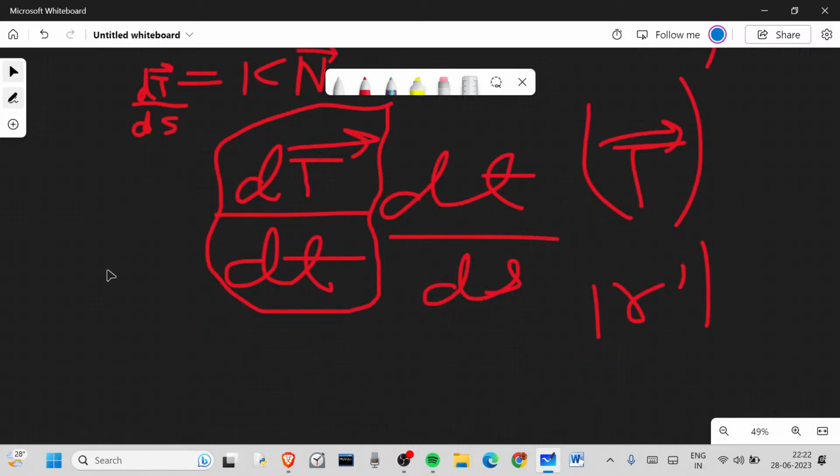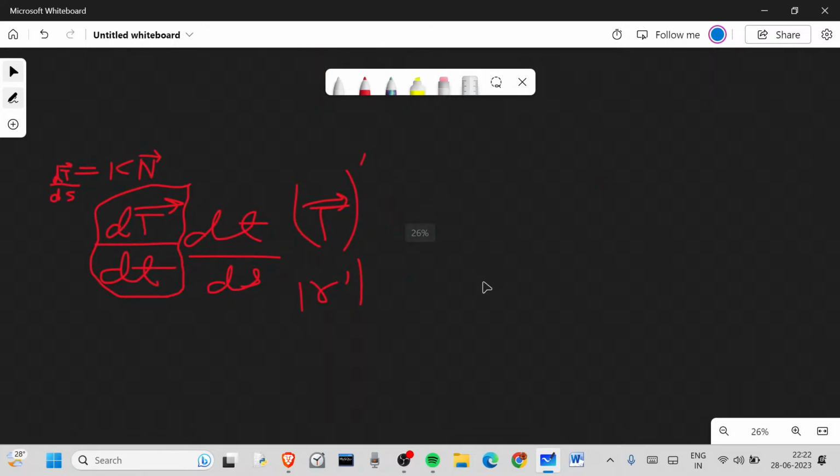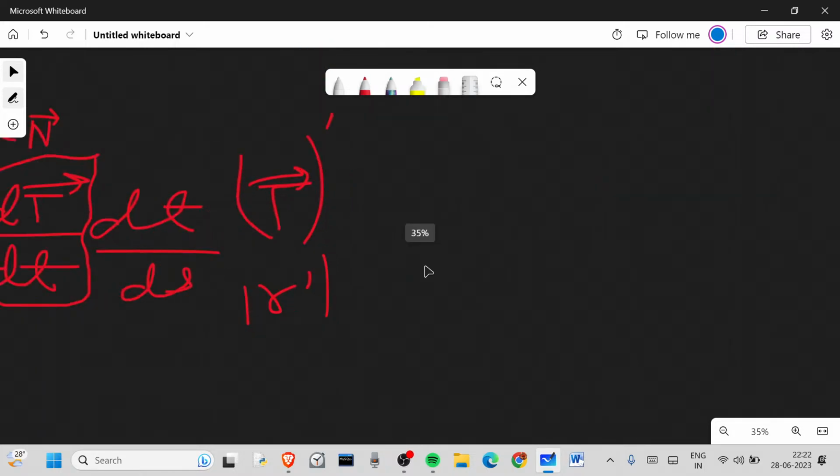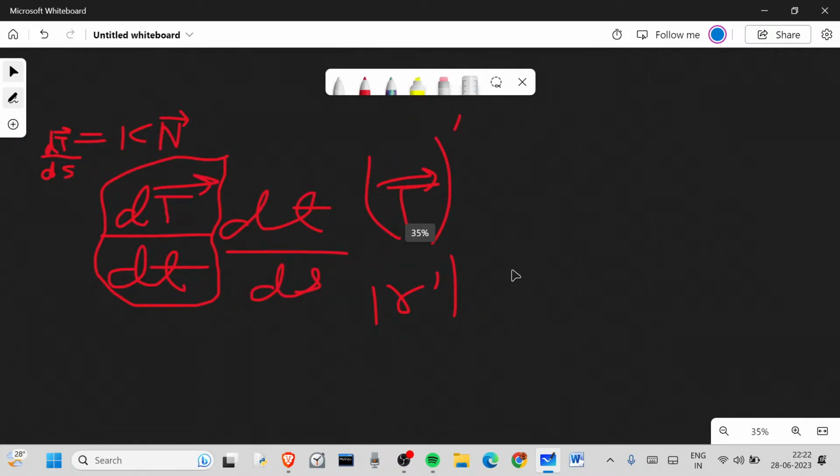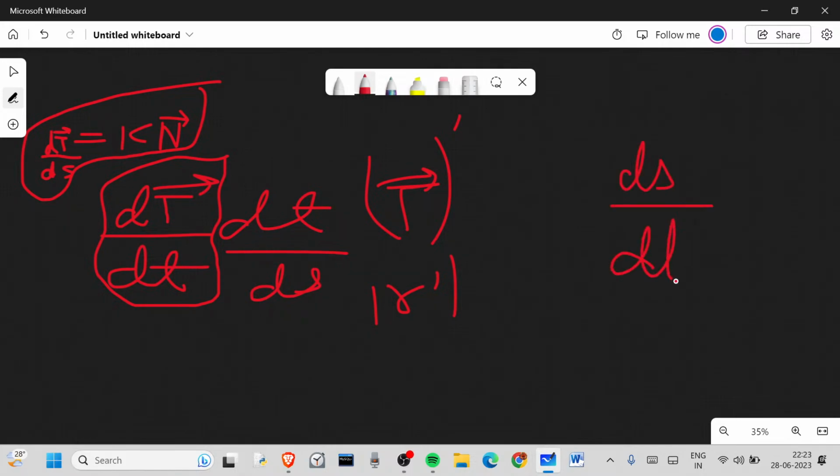This is the first thing which might be non-obvious in this whole video up till now. So okay, where were we? Kappa is curvature, and I will be telling you its formula. dT by dt into dt by ds is the chain rule, dT by dt is T dash, and now what I'm going to prove is that ds by dt is mod of r dash. To prove it,